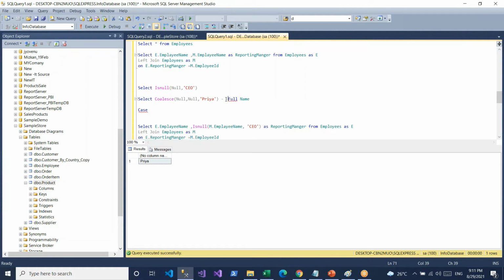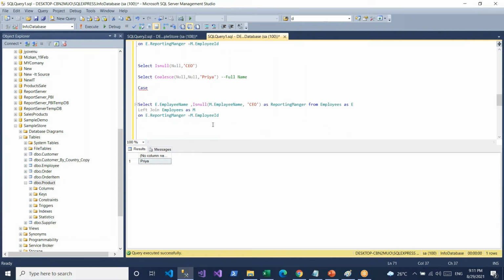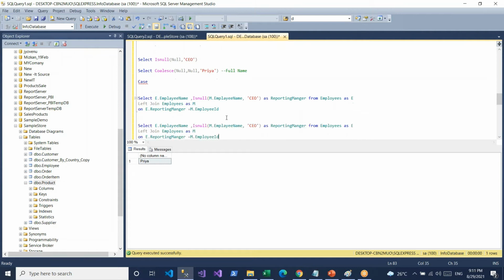In this case, we'll use COALESCE. If I apply the same thing for COALESCE, it works the same. See, the same thing works. We can also use a CASE statement to replace null values.